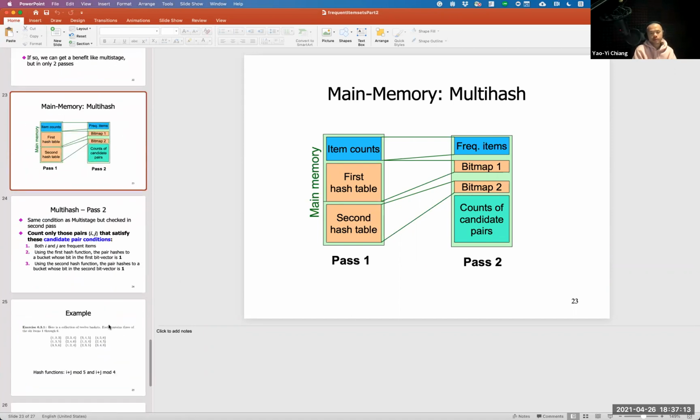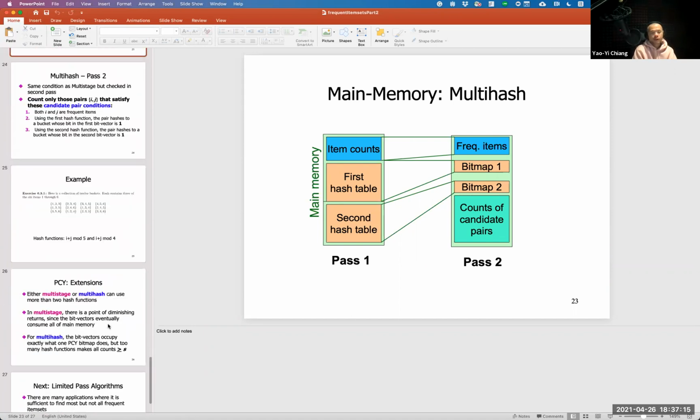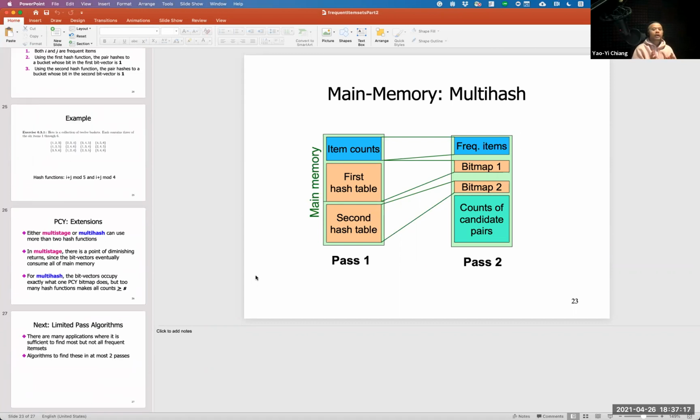Just like multi-stage. Okay, but in general, all these algorithms, you need to be able to hand draw all these passes of their memory space. I don't want you to forget that you need two bitmaps here, or you need the frequent items here. All right, so